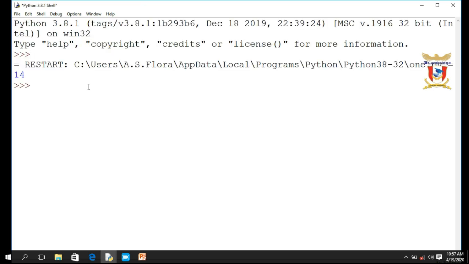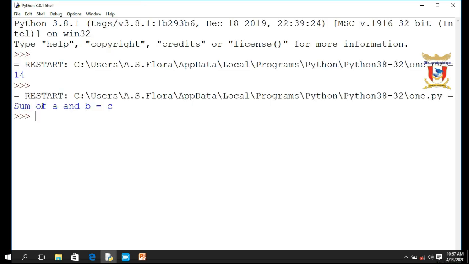Then check the output. The result is "sum of A and B equal to C". But we don't want output like this. We want the value of A here, the value of B here, and the value of C here.